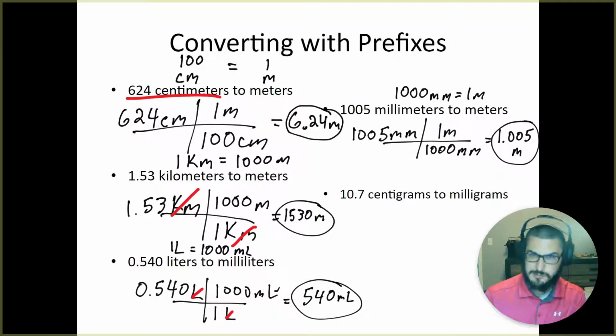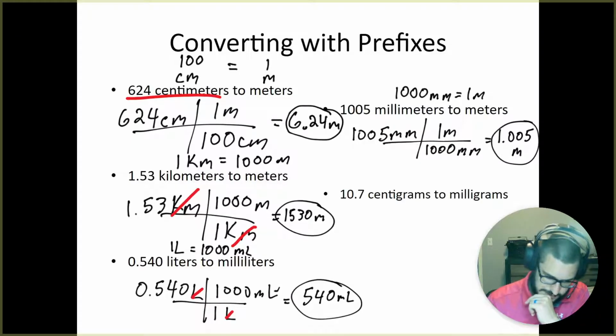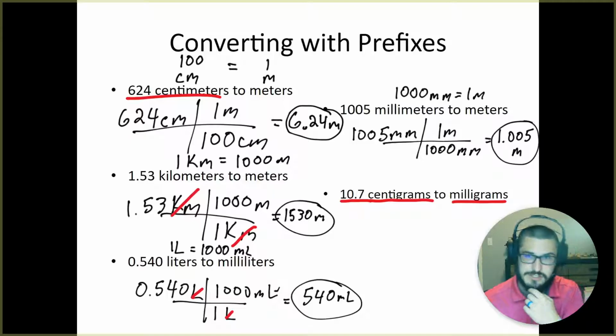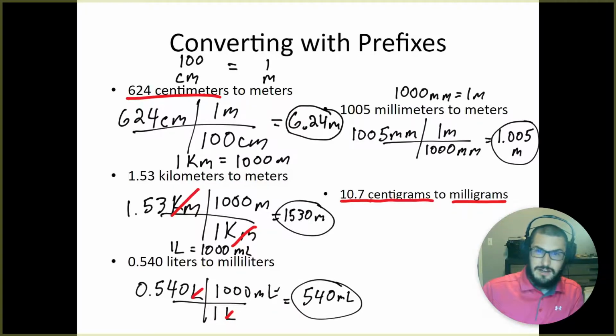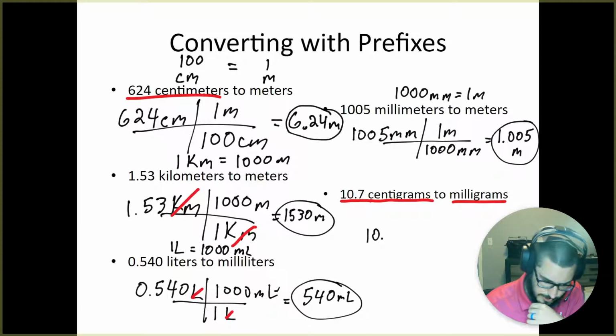This last one, a little bit different, a little bit more challenging. You guys are up for it though, because you guys are awesome. And what this one is doing is 10.7 centigrams to milligrams. Both of these are prefix units, so you can look at it and figure out exactly how many centigrams are in a milligram. But for me, that just doesn't click in my brain, so I'm going to show you the structure that I use to come up with this. So we've got 10.7 centigrams, and